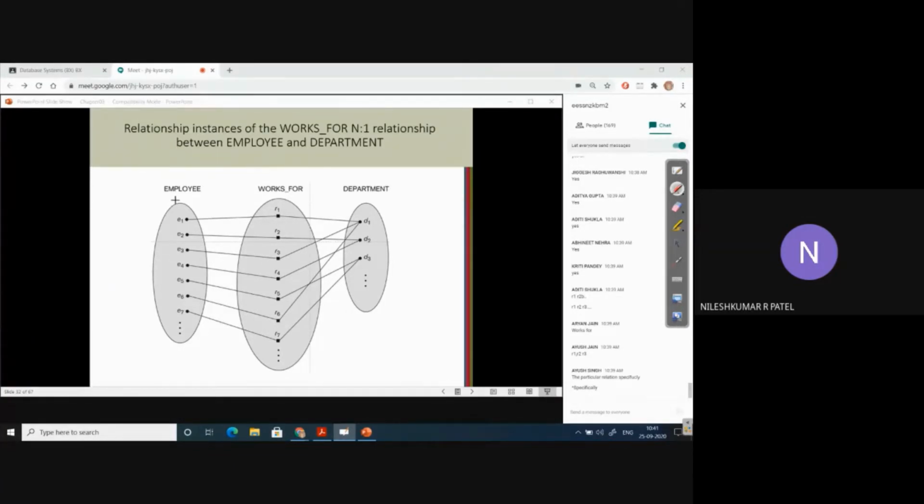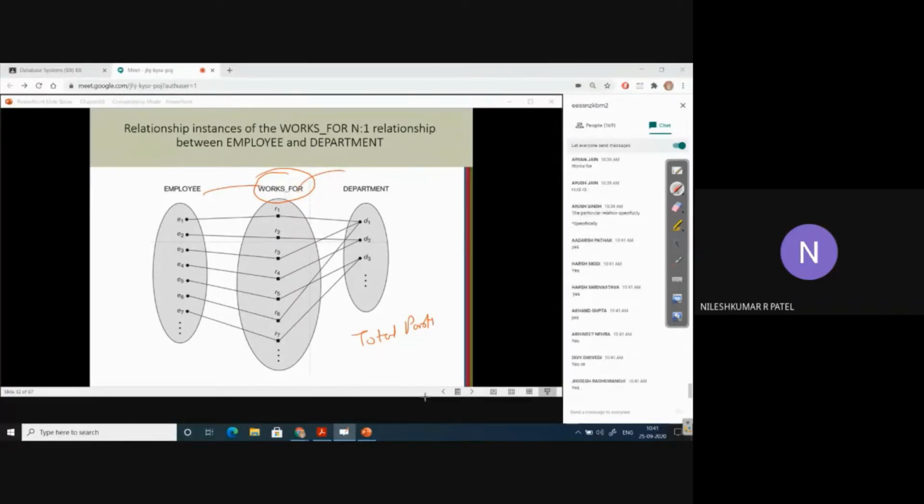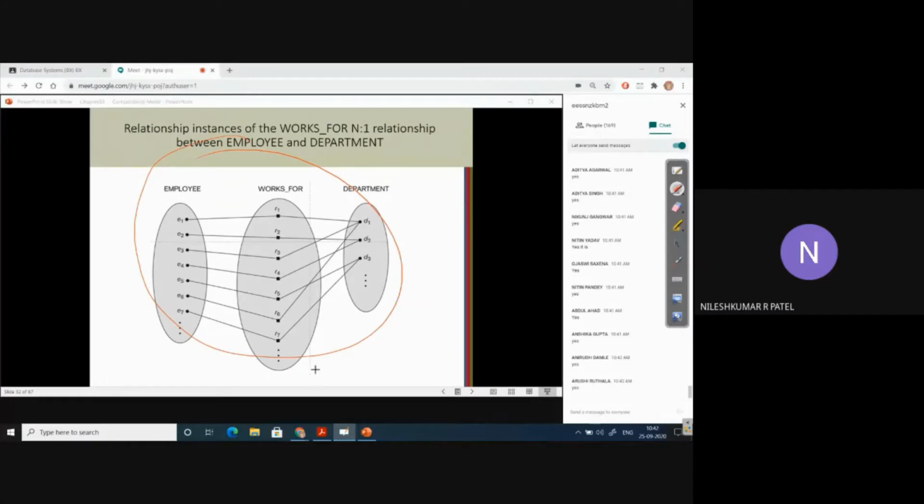Now I have also discussed total participation here. Yes or no, all of you? What is the meaning of total? Is this relationship a total participation relationship or not, from the employee side and from the department side? Yes or no? Right? So it is total participation from both ends. Why is it so? Because see how we will represent this in an ER diagram. I have already explained it, but let me clear it one more time.